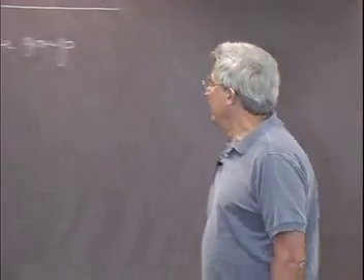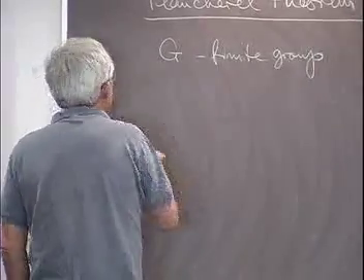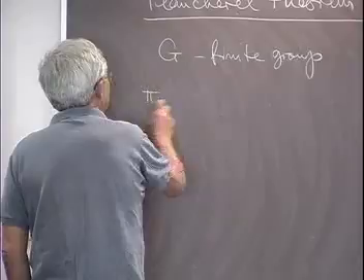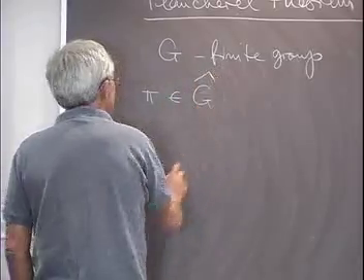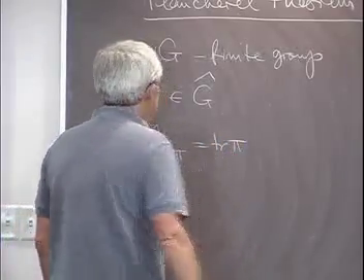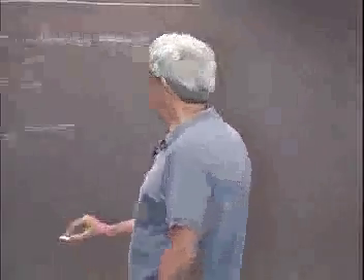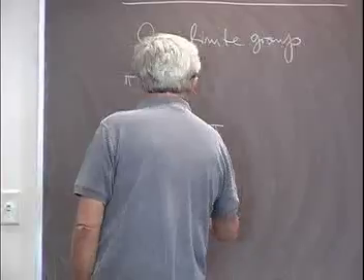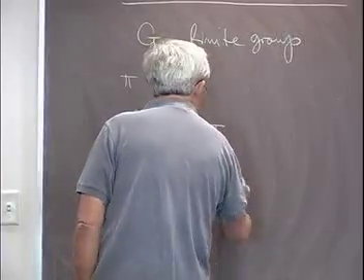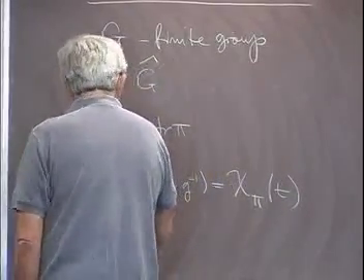Then remember what we discussed, what Peter said: if I look at irreducible representations of G and their characters, these are functions on G which are constant on conjugacy classes, so chi pi of g t g inverse is chi pi of t. I proved that